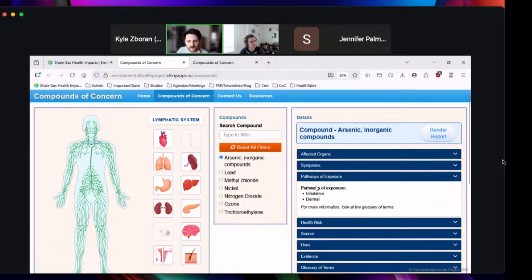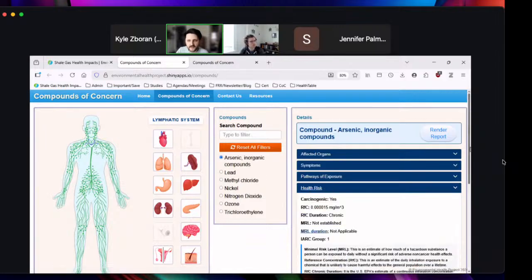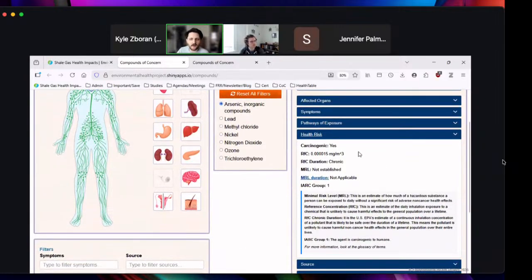This one also has dermal, but most of them, since we set out initially to look at inhalation exposure, that will be the majority of what you see here for the pathways. This health risk section is going to give you information on if the compound is carcinogenic and also the reference concentration or minimal risk level. So these might be important to you if you have actual output of compounds from air monitoring or something like that, and you want to compare it to an actual health value, a value that's expected to create health effects if exceeded. So a reference concentration